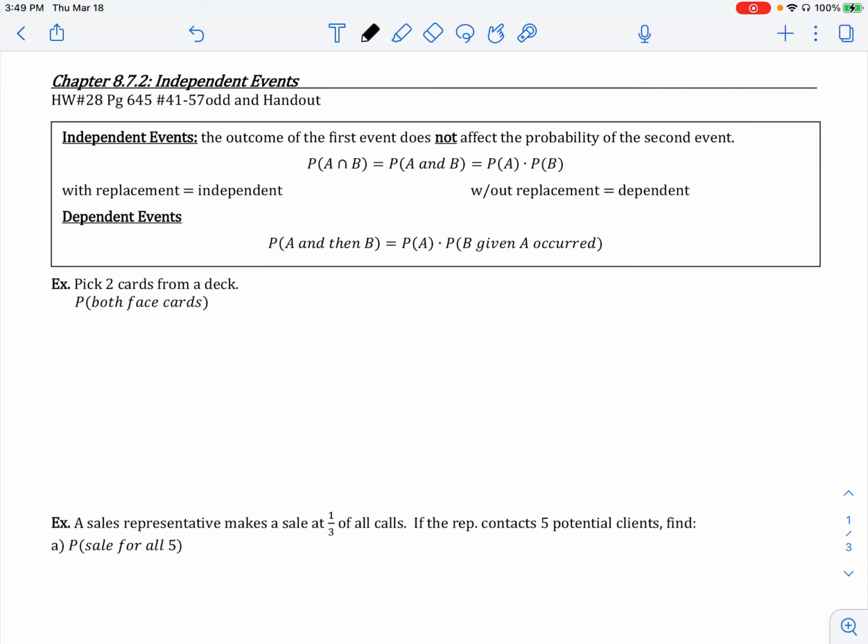An important distinction to make when you are discussing probability is to understand the difference between independent and dependent events. When something is independent, it means that the outcome of the first event does not affect the probability of the second event. They are completely unaffected by one another. Whenever you do have dependent events, however, whatever happens on the first event, or the first draw, or the first coin flip, if you will, could very well impact the probability of your next